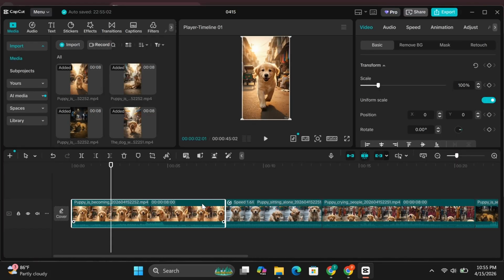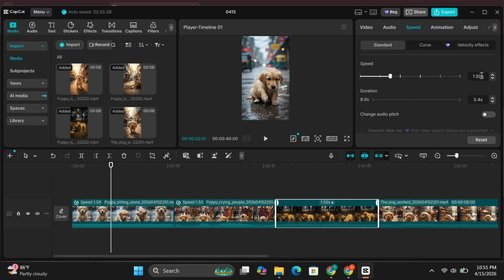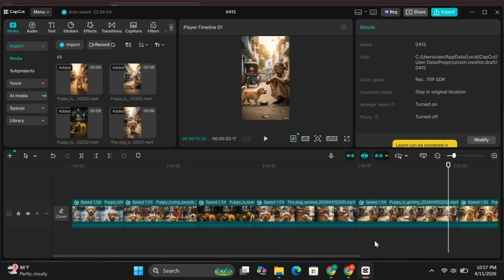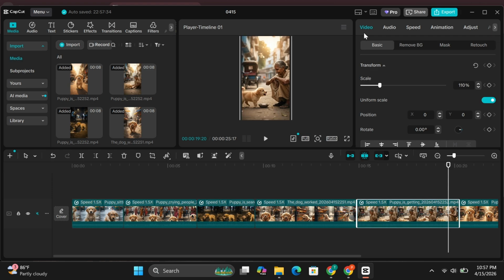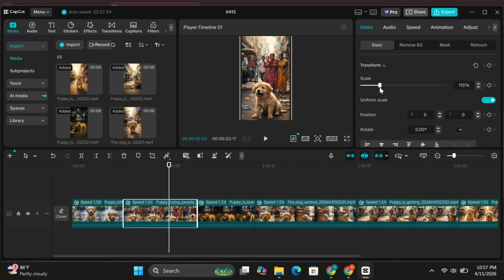Now final step, editing. You can use CapCut or any editing app. Import all clips in order, then increase the speed slightly, 1.5 times. This keeps the video fast-paced and engaging. Remove watermarks from clips. Simply zoom in your clip slightly to hide the watermark. Make sure to adjust framing carefully so the main subject stays centered and looks natural.